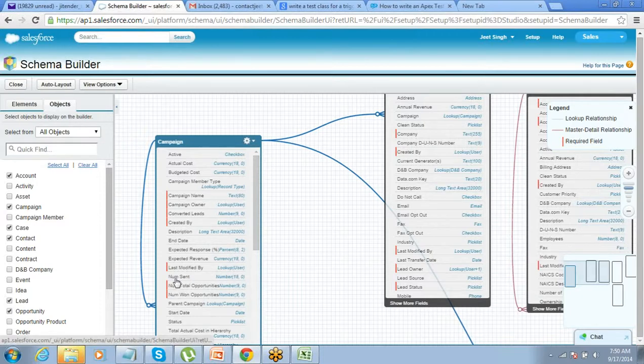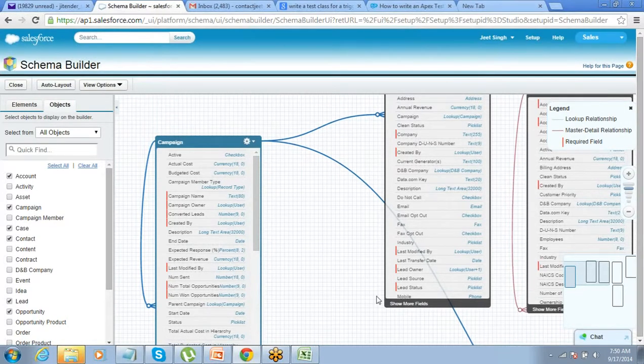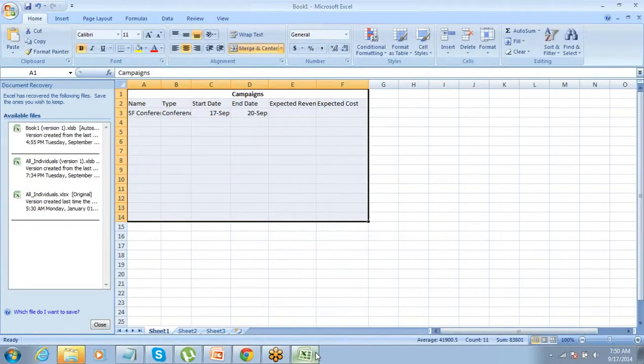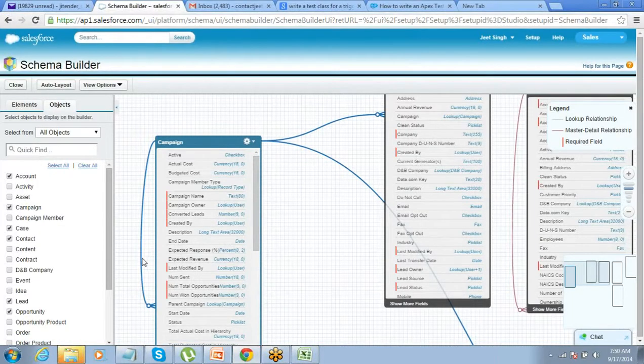Like number sent is a number, expected revenue is currency, expected responses is percentage, converted leads is number, campaign name is text, right? So for everything it is like this. Now that is the first thing that I wanted you to understand, the structure. So now we understand it better. We don't get to see the actual tables, but the schema builder is something which helps us see the kind of structure that is there in the backend. Okay.